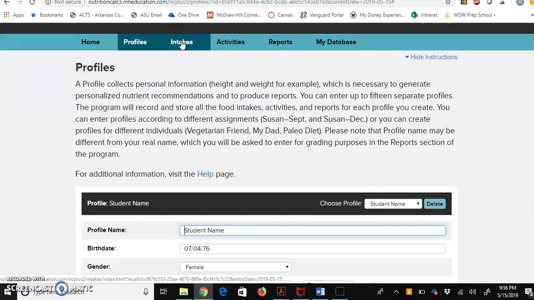You're again having to do 3 days worth of food. It can be your own personal 3 days, what you've had the last 3 days, or whatever 3 days you're wanting to record. You could completely make it up. That's fine as well. You can find some kind of diet on the internet that has a 3-day food or 3-day meal plan, and that's fine. You can do whatever. It doesn't have to be what you've actually eaten,